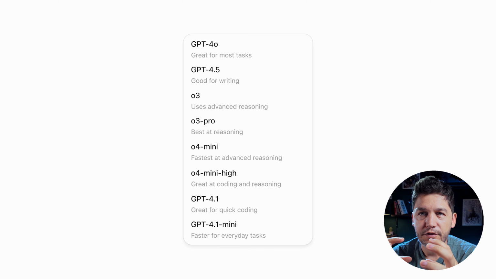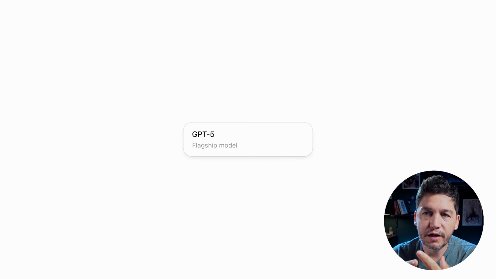But the fifth version should basically get all of the GPTs together into one and choose by itself which one to use based on the prompt. So you don't have to use the one that's meant for coding or for reasoning or whatever. You just use ChatGPT 5 and the model will be chosen in the background. So let's go to the